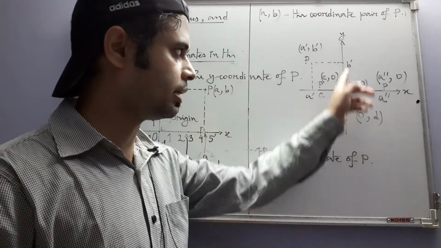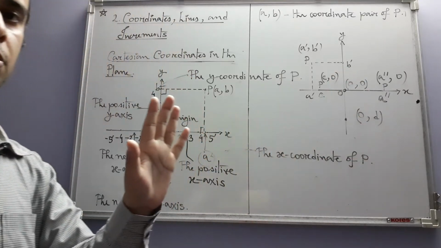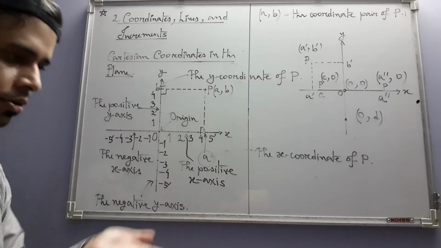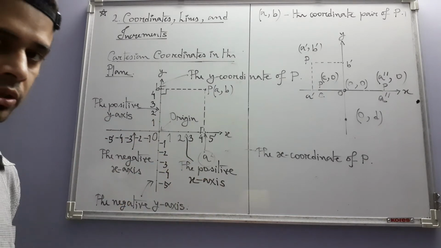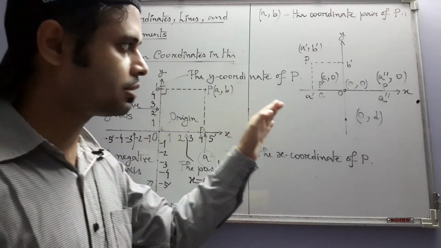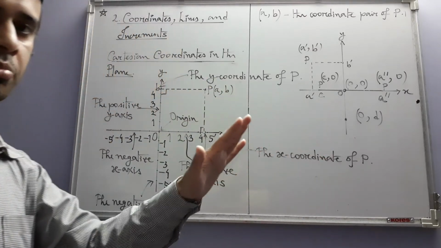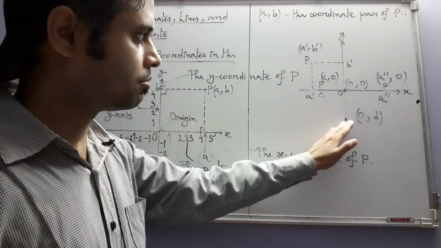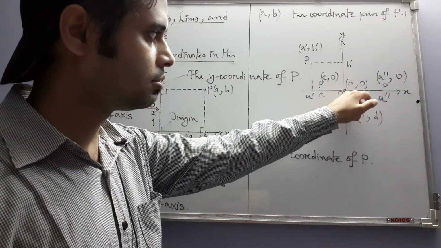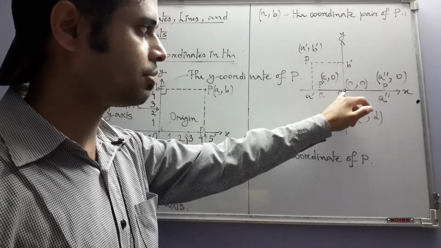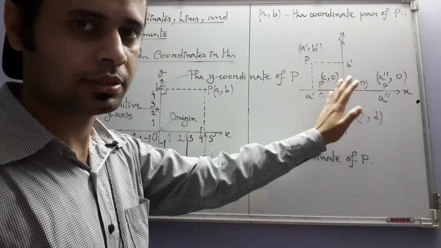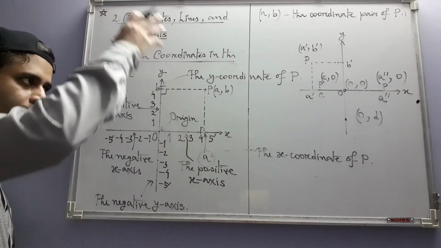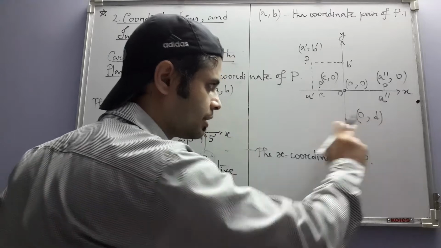That is, for any such point, the x coordinate is always 0, because to find the x coordinate you have to look at the foot of the perpendicular drawn on the x-axis. To find the y coordinate you have to look at the foot of the perpendicular drawn from the point to the y-axis. So this one that is drawn from the point to the x-axis, that represents the real number 0, so you have 0. So points lying on the y-axis have coordinate pairs that look like this.